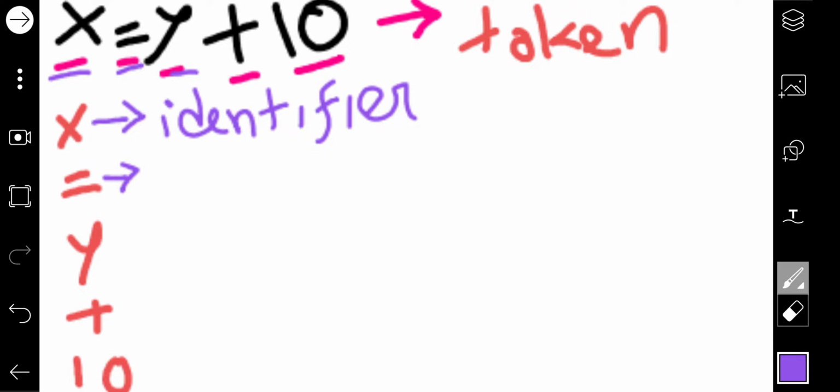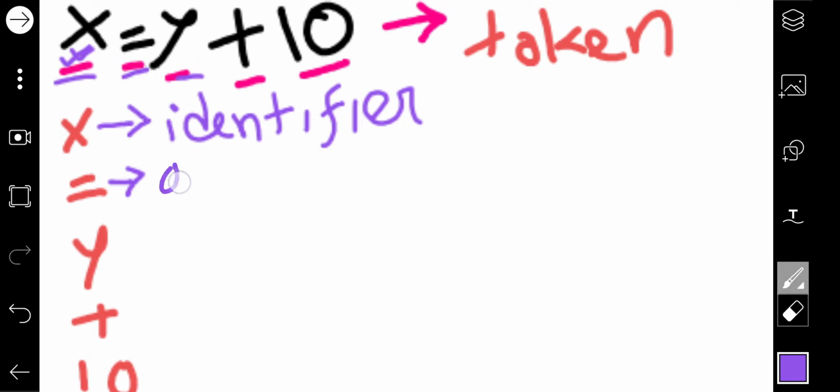Now the next thing we have here is an equal sign. The equal sign is not an identifier, because, sorry, there will be no value for equal. Rather, for this equal symbol, you can say that x has some value.